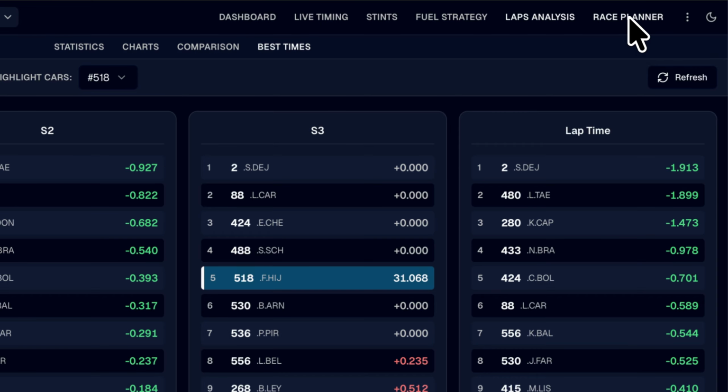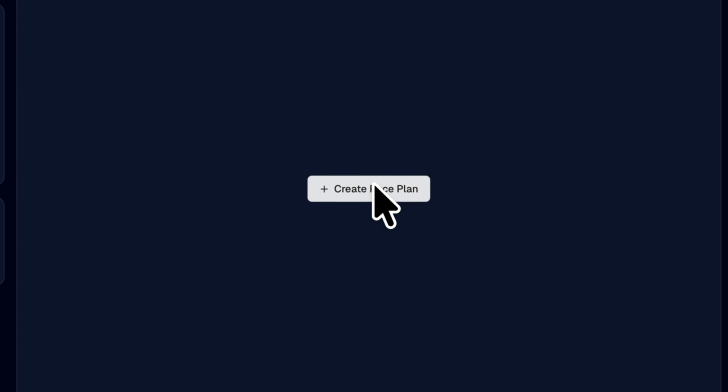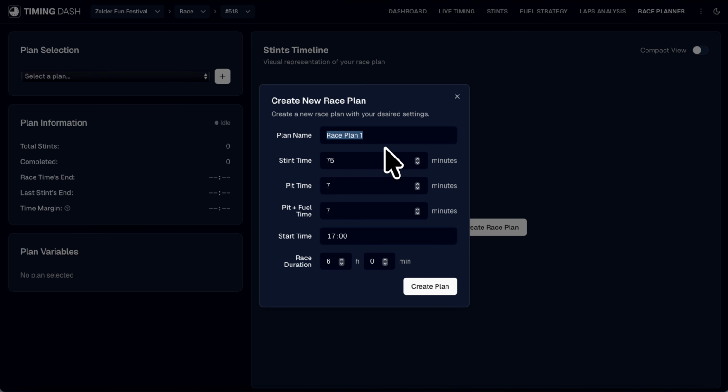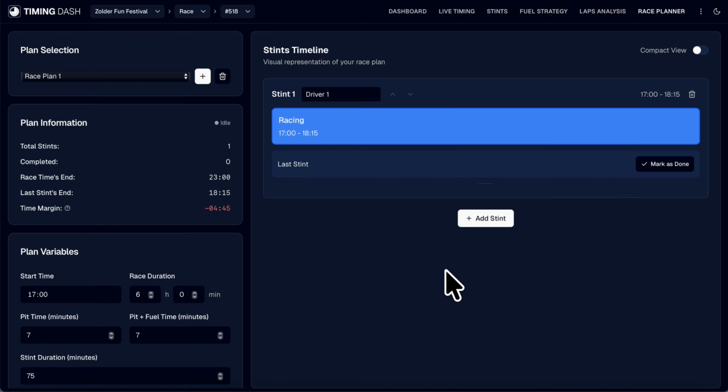And then the last section is the race planner. The race planner basically is going to allow you to prepare your race strategy in advance. So you can click on create a race plan. You can enter the plan name, the duration of a stint, the duration of a pit stop, the duration of a pit and fuel. You enter the start of the race and the duration of the race. Then you just click on create plan, and you can basically